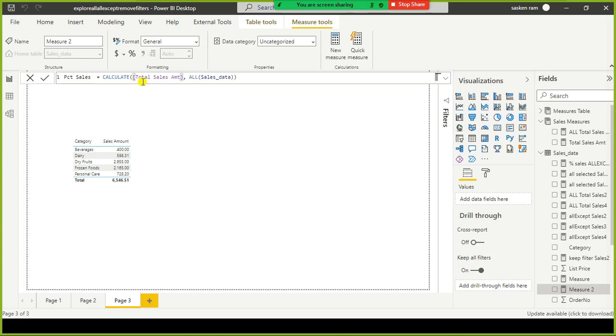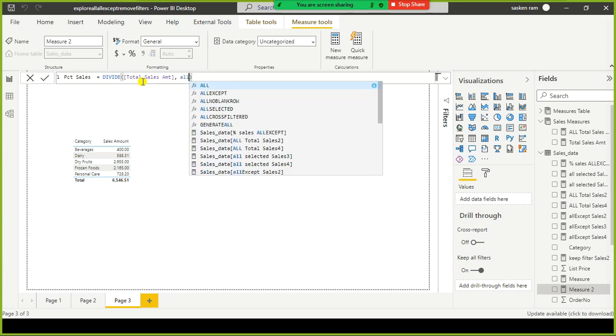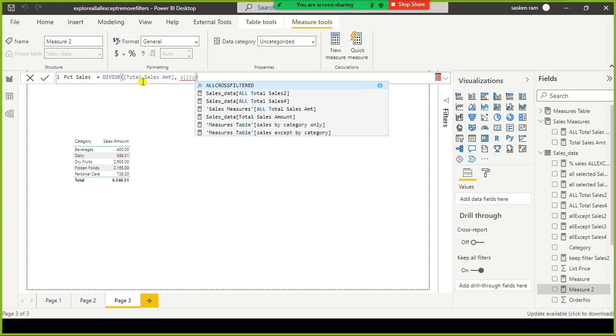For percent sales, here also I'm going to use the same thing, but here I'm going to use DIVIDE. The all total sales, we have already created as another measure, all total sales amount.